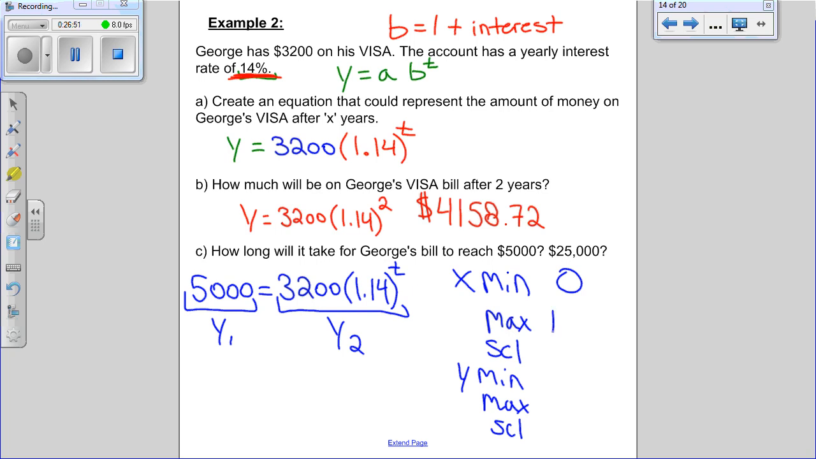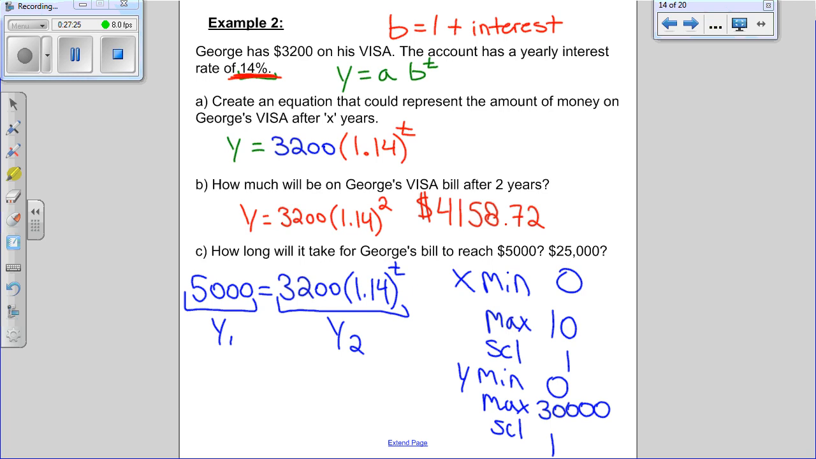My Y minimum, that's the least amount of money that I could have on my visa. The least amount of money I can have on my visa is $0. I paid it all off. The most amount of money I could have on my visa, if I look at my question, it goes up to 25,000. Right? So I'm going to say 30,000. And then that way for sure I'll be able to see my answer. My Y scale, I always just leave as 1. But realistically, we could have changed that thing to be like 1,000, so it goes up by thousands instead of 1. If I graph this,